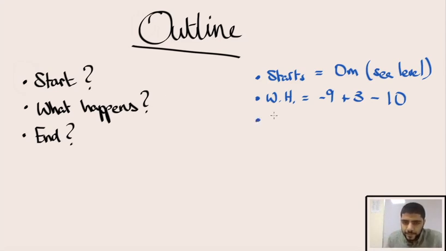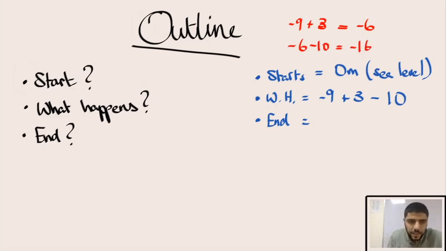And in the end, after doing all this, it's negative 9 plus 3. Let me do this in red just so it's clear to you. Negative 9 plus 3 is negative 6. Then negative 6 minus 10 is negative 16. So in the end, I'm at negative 16 meters. That's the end, okay? So right now, I have all of the information that I could possibly include in my